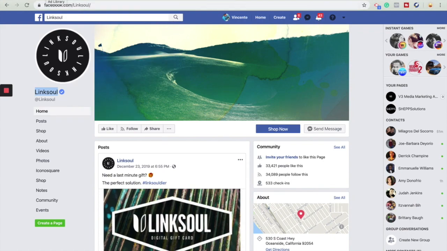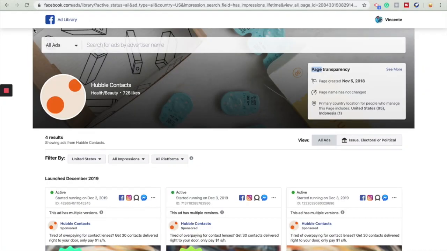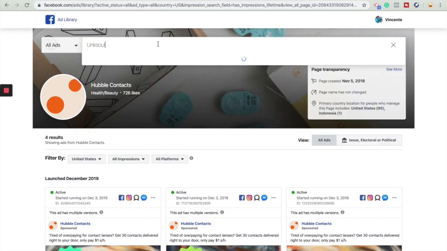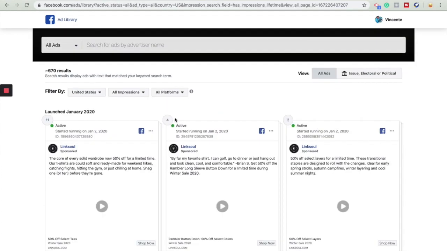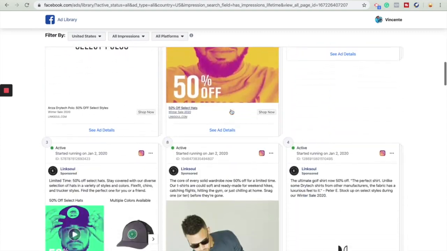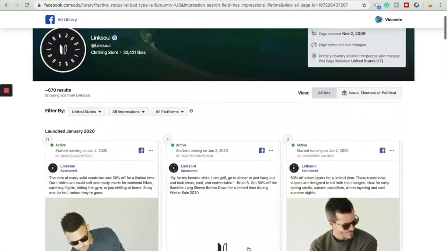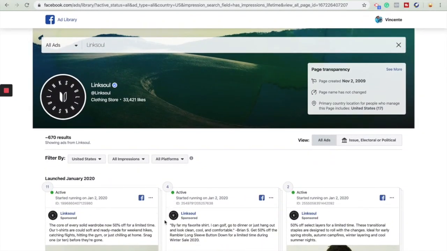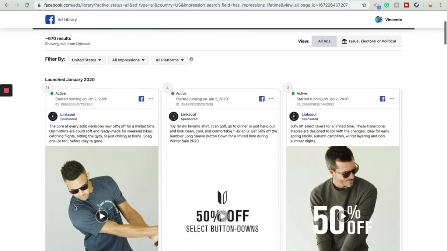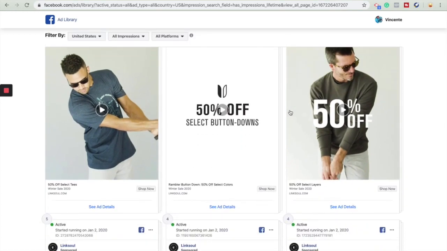Now, what you're going to go to is a beautiful platform called Facebook Ads Library. What makes this so beautiful is because you get to really understand who's marketing, who's not. Like this, we're able to go through these brands and see if they're running any ads. Not only that, you're able to see how many ads they're running of the same ad and if they're doing different targeting for each ad.